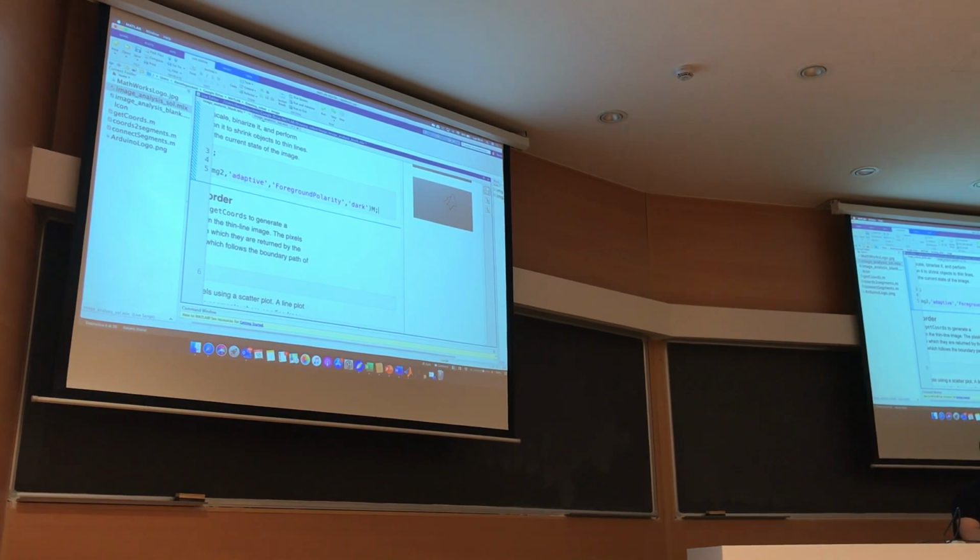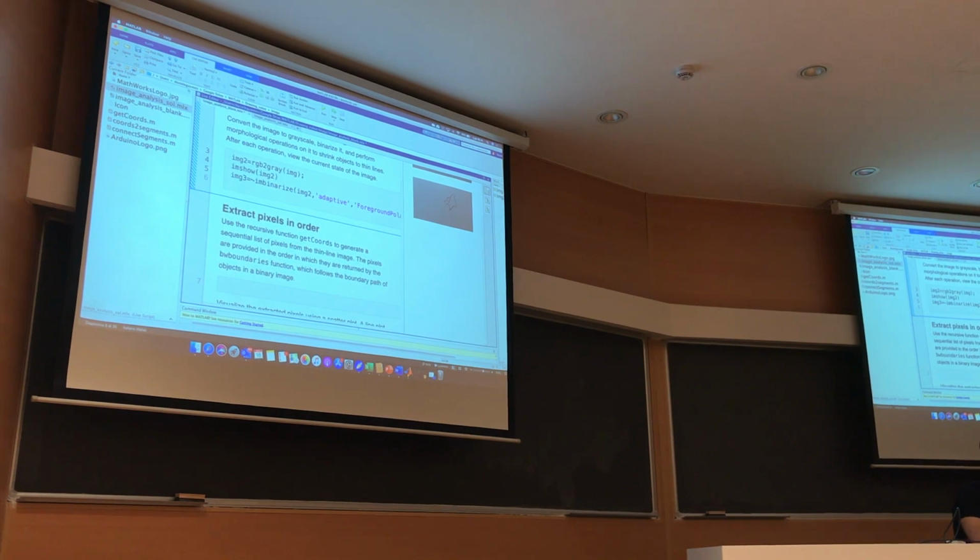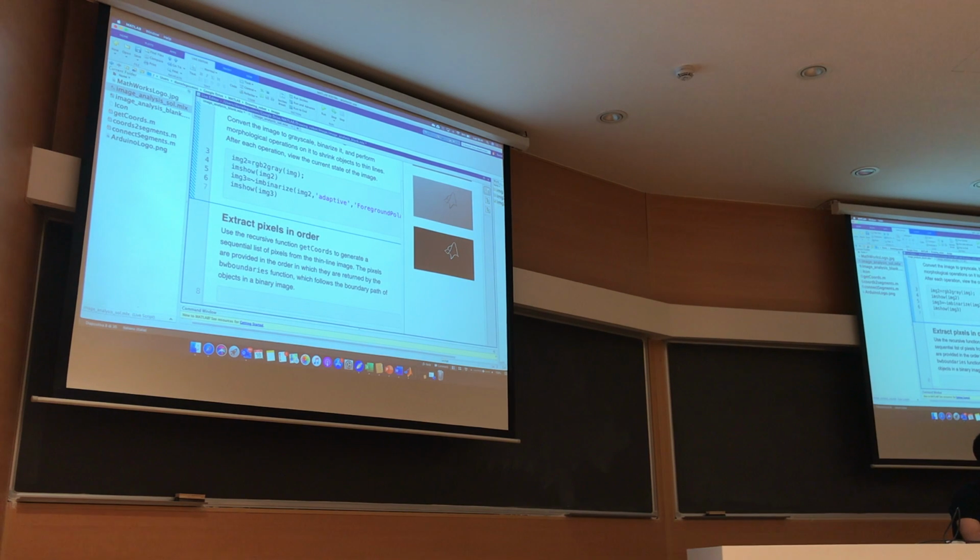Okay, so if I run this section now, as you can see here, I have the binary image. I have one where there are the borders, and 0 for the buffer. So now I can go on and perform some other